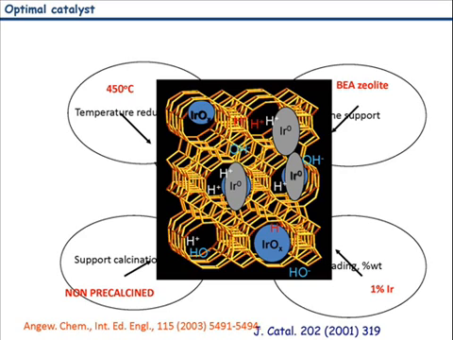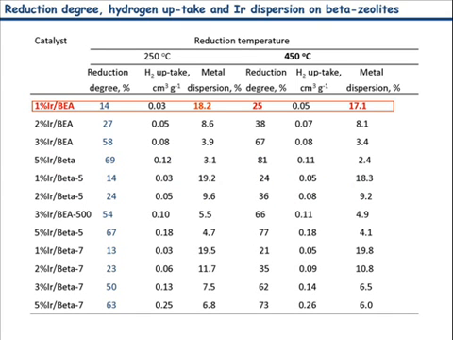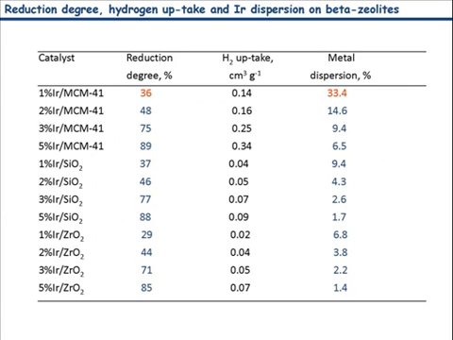And look now to the question, why 1% iridium and not more? Here, you may see we checked 1, 2, 3, 5, we checked even more, and we checked beta zeolites treated at 500 degrees, at 700 degrees, and we got the best results, 100% diastereoselectivity, very high selectivity, again for a metal dispersion of about 18% and for a reduction degree of 25%. Look at all these others, we have differences, even for the same loading, in these values. As I told you, we checked different supports, MCM, silica, zirconia, and many others, and we never got the same kind of